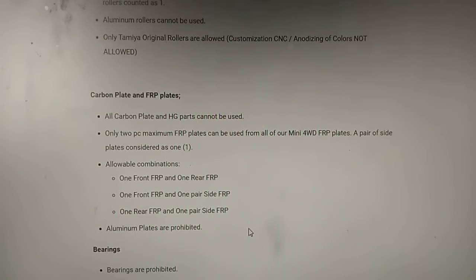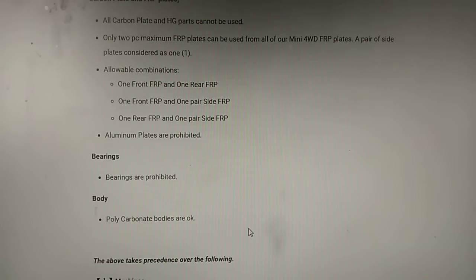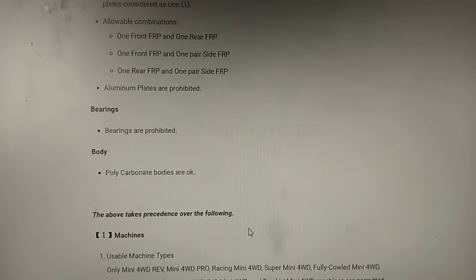Alright? Aluminum plates are prohibited. So, yung mga sliding dampers or sa panlikod, sa rear, hindi nyo pwedeng gamitin yun. Rollers lang. Mamaya, pag-usapan natin. Rollers, basta plastic rollers, allowed. Tamiya plastic rollers. Kung doon sa racing centers na allowed ang copy, basta, tawag dito yung may term sa Pro Stock nun eh, yung same mold. Yan, same mold. Pwede naman.